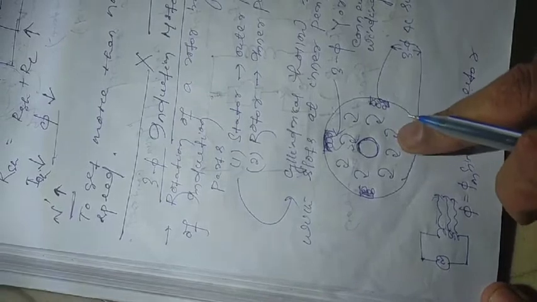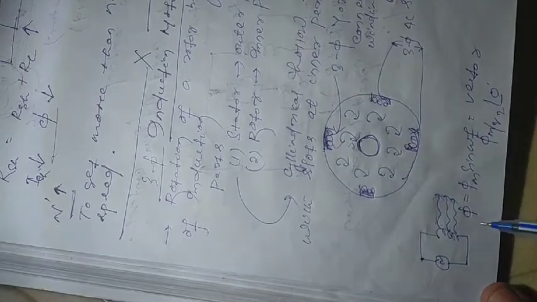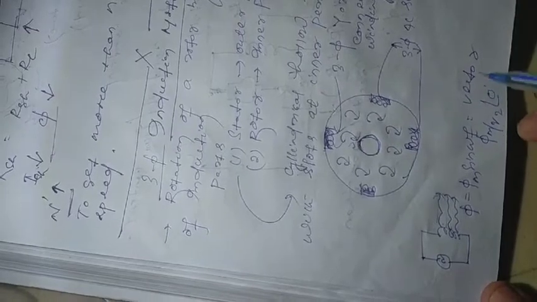But now instead of giving a single-phase supply, here we have to give a three-phase supply. Whenever the three-phase supply is given to a three-phase winding, as all of you know, there will be three induced EMFs, or we can say we will have three fluxes, and each flux will have this kind of expression. You already know that any sinusoidal quantity can be represented by a vector. It is simply a vector.